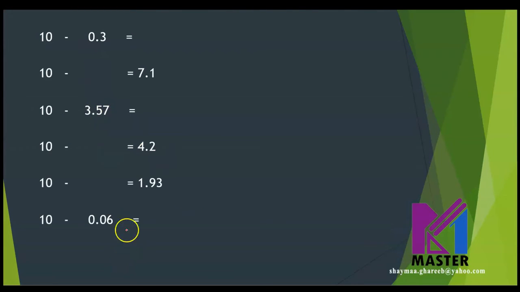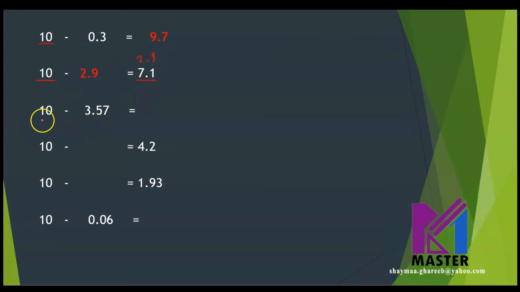Now look at this question and try to answer on your own, then check your answer with the video. 10 minus 0.3 equals 9.7. 10 minus what gives 7.1, which means I'm going to complete this 7.1 to be number 10, exactly the same. So this one needs 9 and this 7 needs 2. Then the answer will be